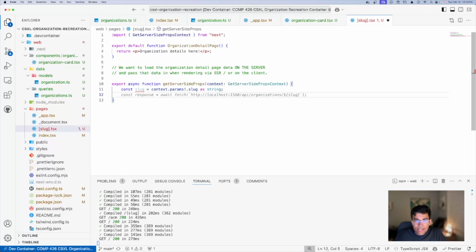And so to load our data, we can do this right here. So const response equals await fetch, and we can await because getServerSideProps is an async function, we can write await right here, and we can fetch this data. And then once we have the data,